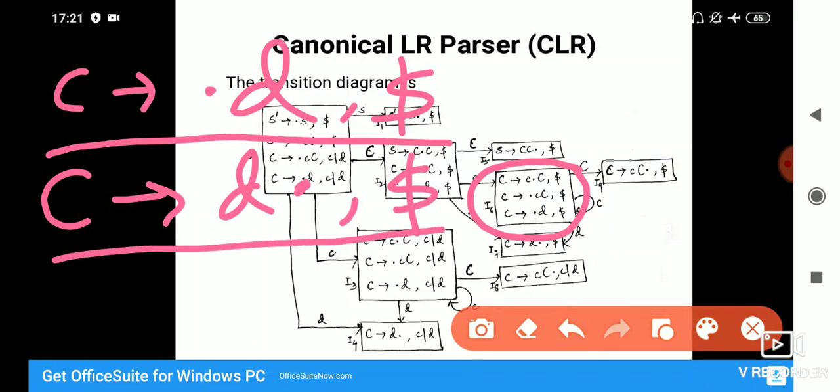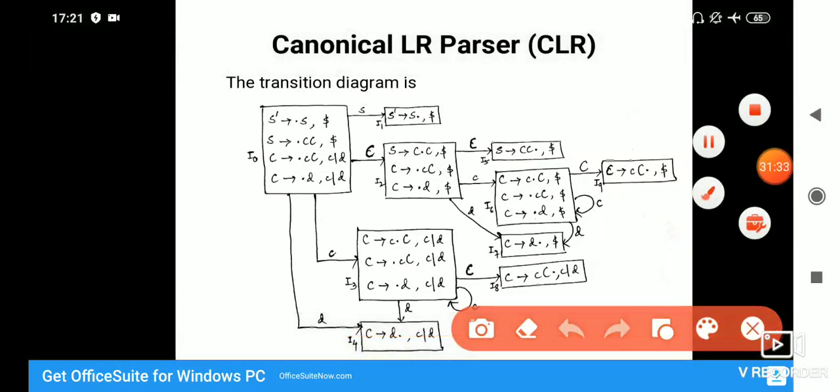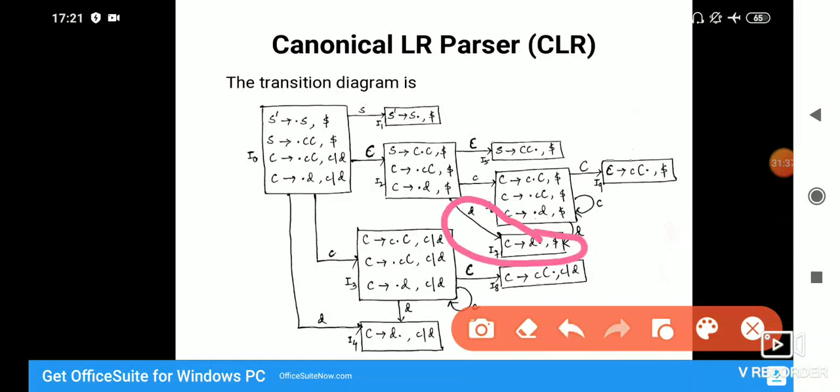Since this is a complete item, this will be the only item included in the new item set. So this is called I7 in our case, which you can see over here in the diagram. You can see the movement is off from D. C2 D dot comma dollar.